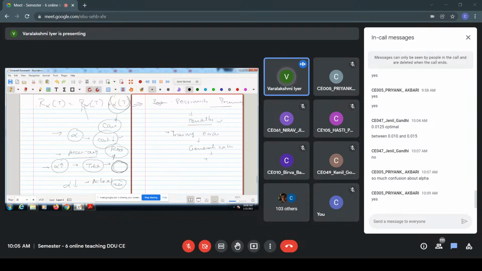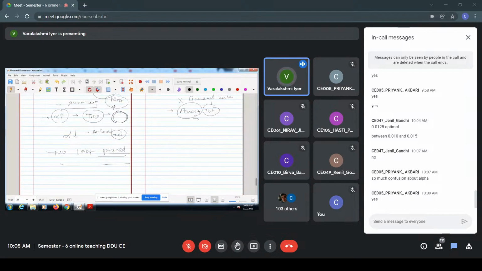The generalization error means the error that we get on the test data set. So training error cannot be considered as a measure to estimate whether your model is performing well or not. So we are trying to add a penalty to the training error so that we can estimate the actual error that the training error might not be showing. In this case also, if you see the mathematical representation,